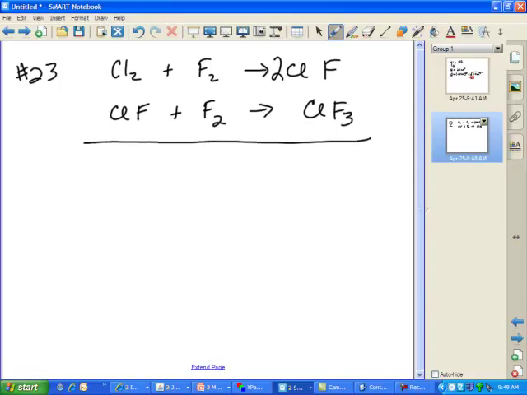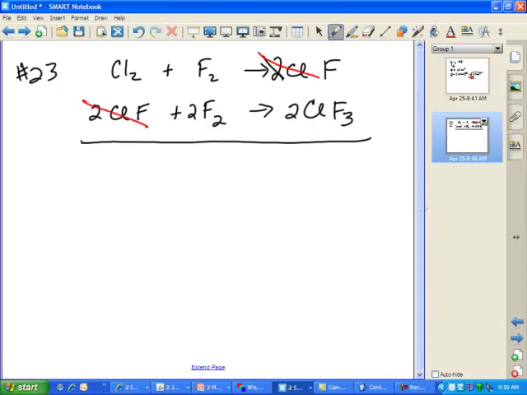All right. Now you have to understand, this is a two-step reaction where these form this product, right? But this product automatically turns around and starts breaking down. It's called an intermediate when that happens. So in the end, you're not going to have any of this intermediate. So how we deal with that mathematically is to get it to show that this is going to get used up anyways, you have to multiply this equation by 2. So double everything in this equation so as to keep the actual ratio. So all I did is I kept the equation, but I just doubled it, and my purpose was to cancel this